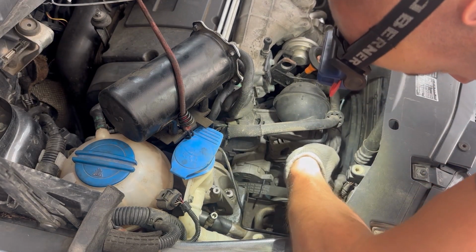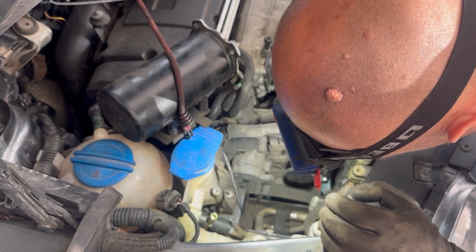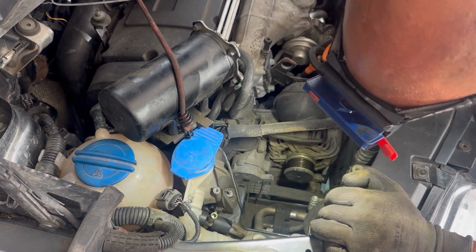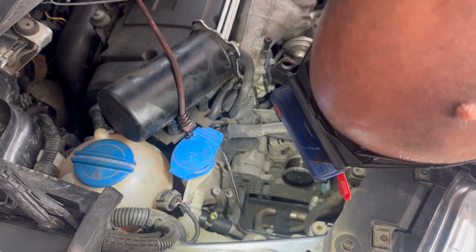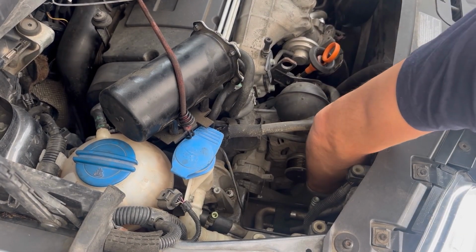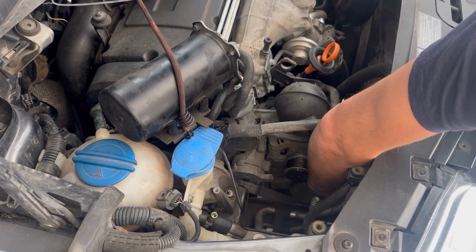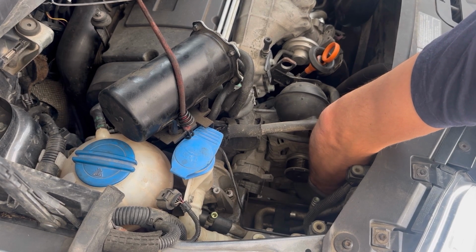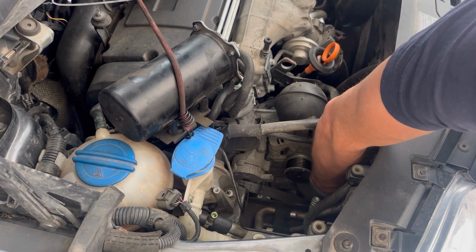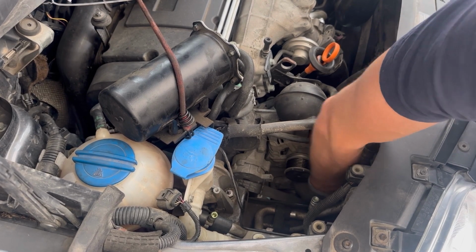So one of the bolts is right there that we need to remove, and the two other bolts we're going to remove from the bottom. That's the top